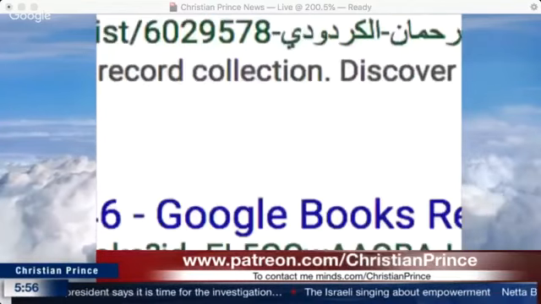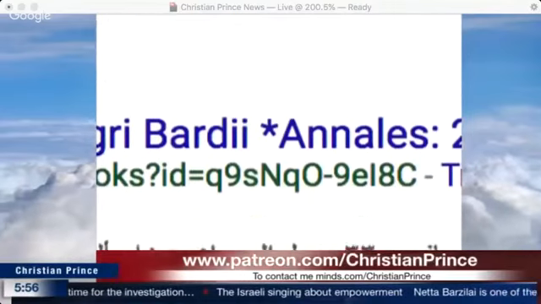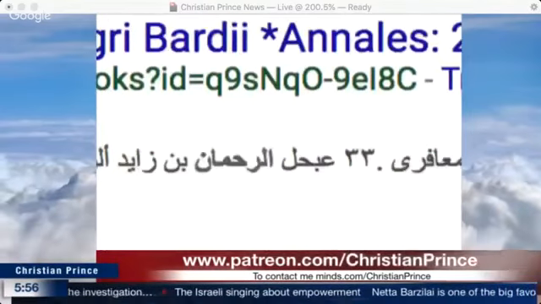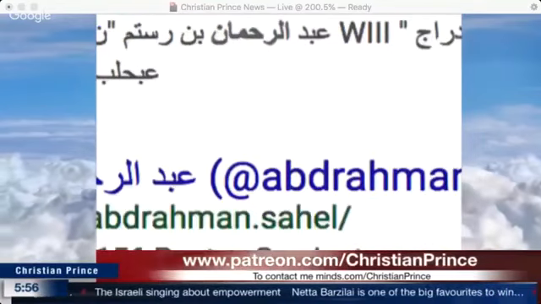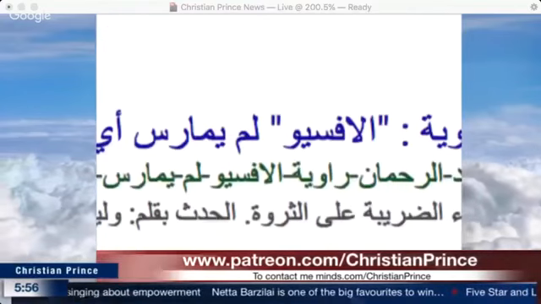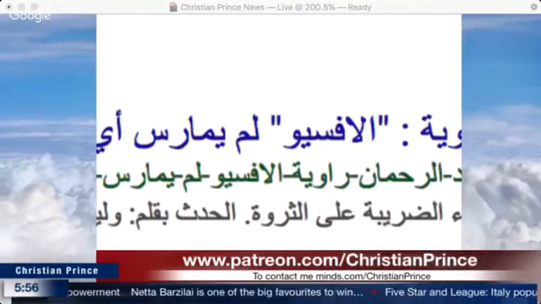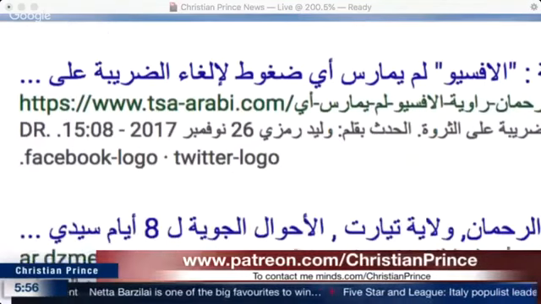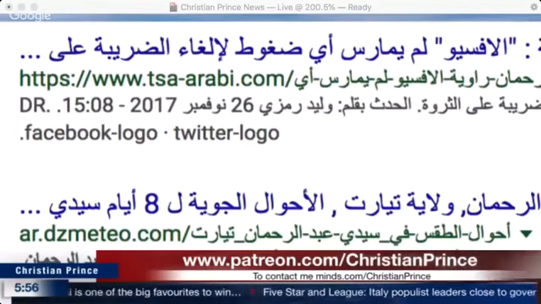I challenge anyone, any Muslim, to show me one name of Ar-Rahman written without the alif. Not even once, even in the Quran. We are showing it with alif. What they did was make it in a graphical, decorated way, but all of it is with alif, because Ar-Rahman simply is written with alif. All right?